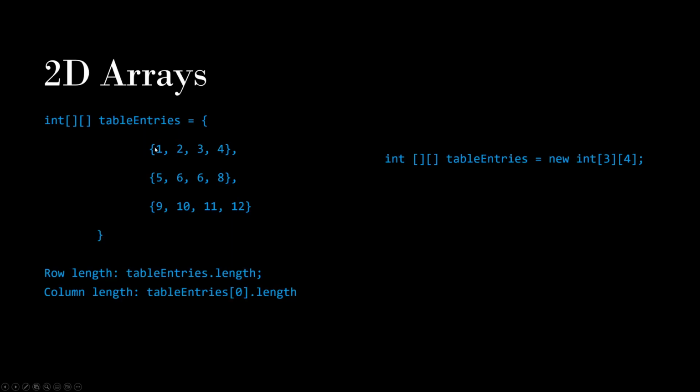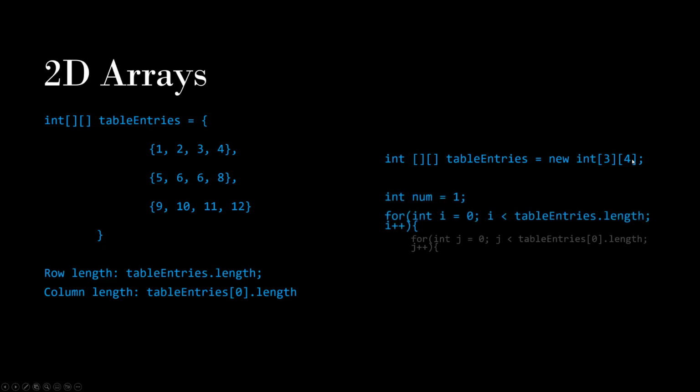Okay, so to set this up, to declare and initialize this specific one, other than just hard coding it in like we did on the left here, we could set it up this way, where we have 3 rows and 4 elements in each one of those rows. And then we'll start off with num1. And then I have nested for loops in here that will put those numbers in. And so this code right here will get us the same